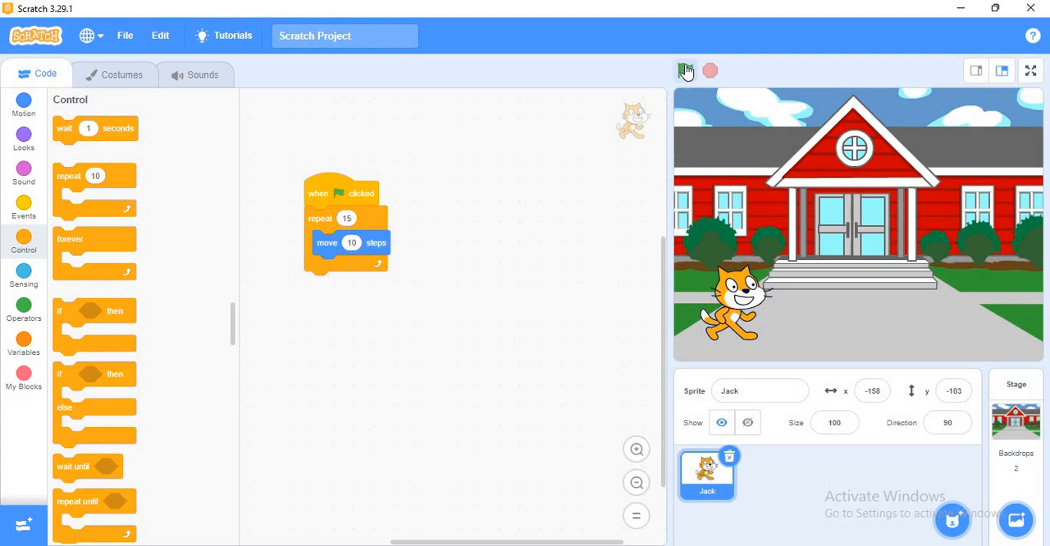Okay, now when I click on this green flag, let's see what will happen. So can you see what has happened? Okay, so it has moved 10 steps 15 times. So the first 10 steps, the second, the third, the fourth, the fifth, the sixth, the seventh, 15 times. You can't notice it because it has done it in a session according to the clock of the computer. So for us to observe that, we are going to wait